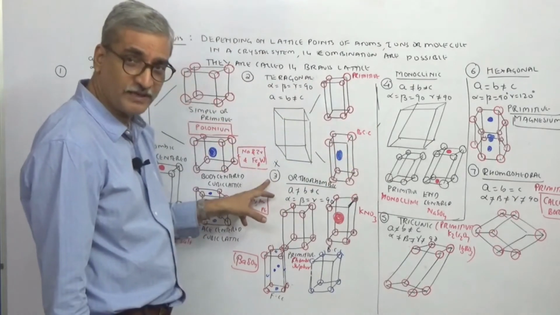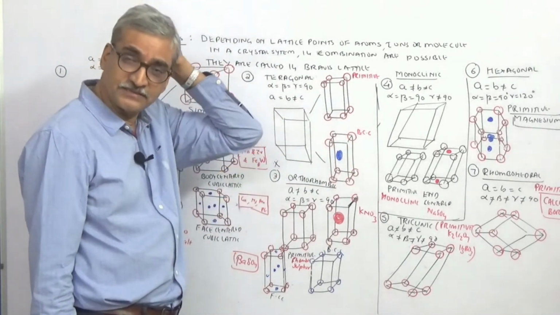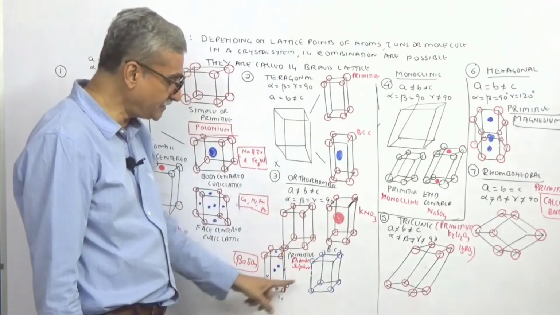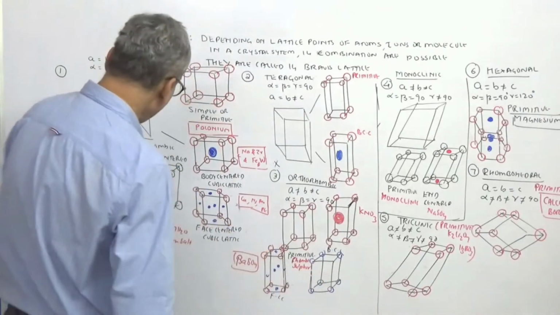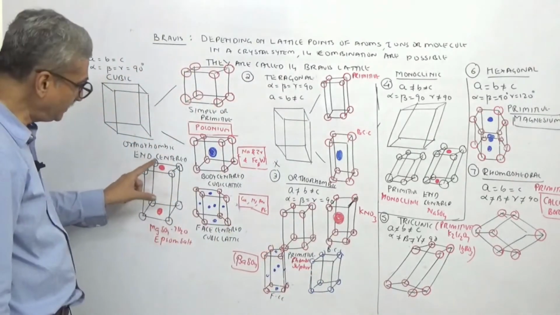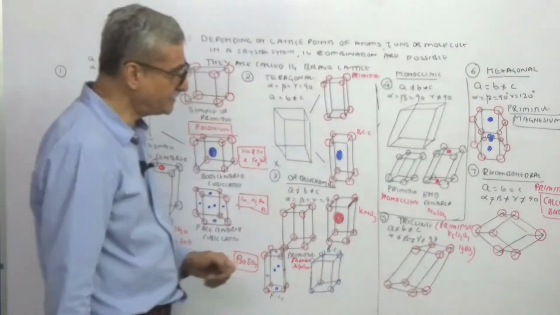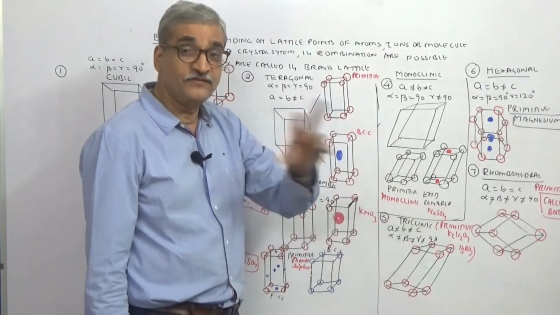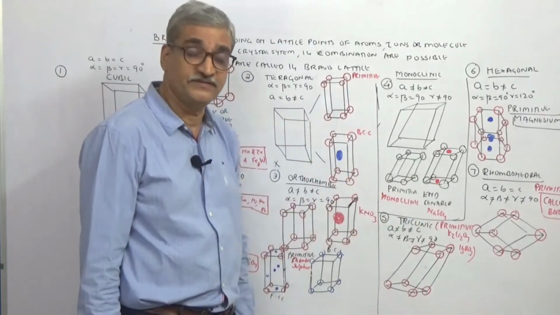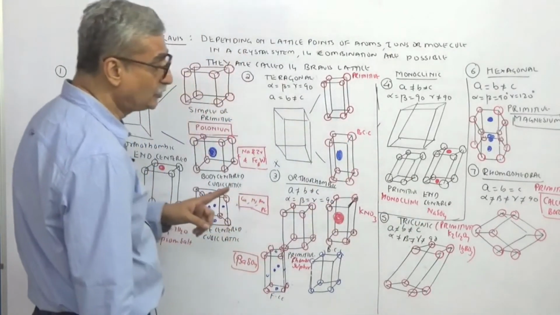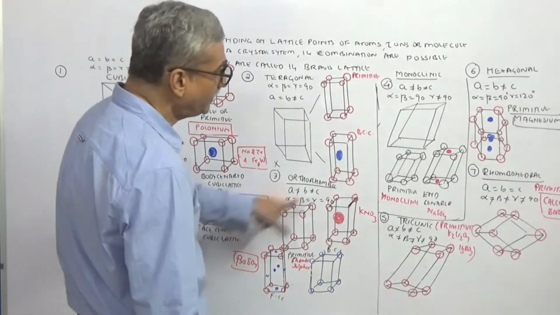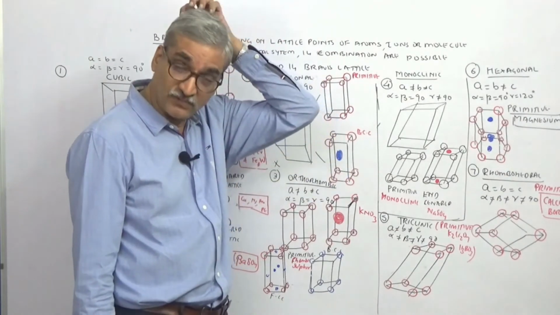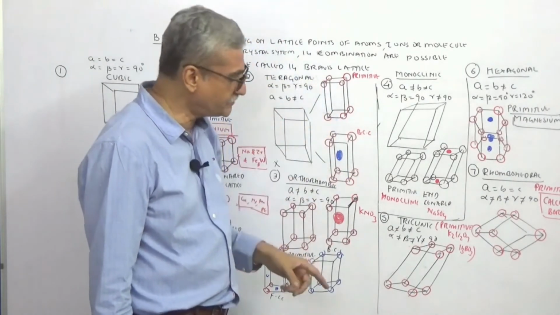Orthorhombic, most important. Why? Maximum Bravais lattices are in orthorhombic. This is clear. We have primitive, body-centered, face-centered and what? End-centered. What is end-centered? Top and bottom, the other 4 faces don't have it. Monoclinic, only 2 types, primitive and end-centered. So which Bravais lattices will be called end-centered? Only 2 will come. Which? Orthorhombic and monoclinic. Remember this. That's another way of asking a question. There is a high chance of questions being twisted around this.